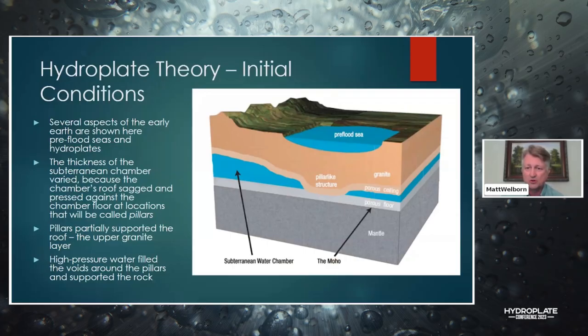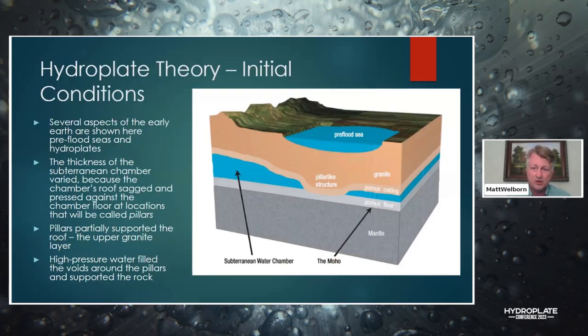This is what the Earth looked like, at least part of it, before the flood. So there's several aspects shown here. There's this idea that there was a lower mantle, and between the mantle and the top layer, the Earth's crust, there was this subterranean water chamber. And the mantle itself was underneath everything and supported it, but the granite crust was above it. And the granite crust was this 60-mile thick layer. It had water that was between the 2 layers. And up on top of the crust, there might have been mountains.